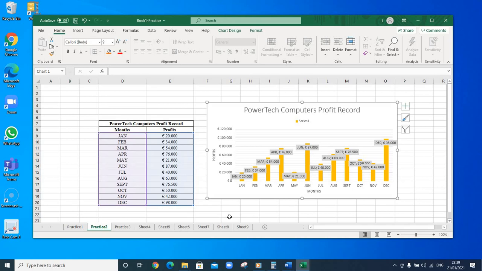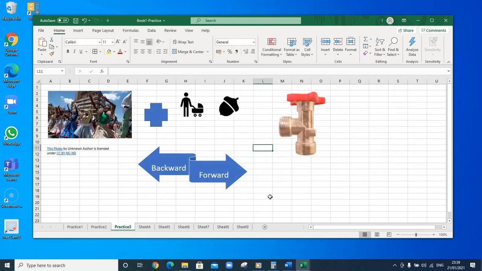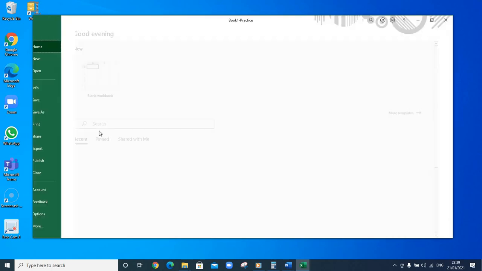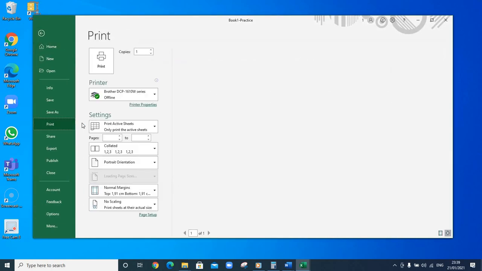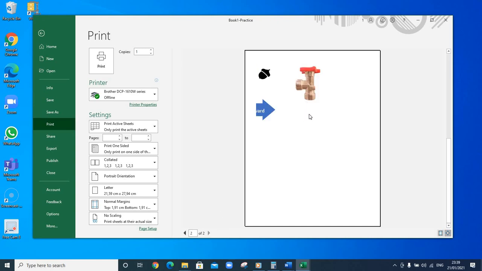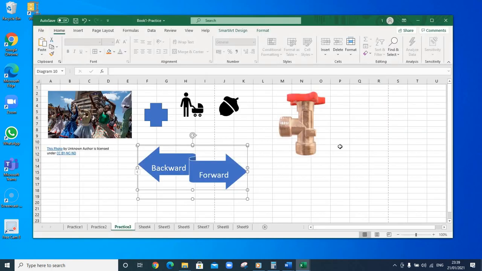We'll go back, and in the same way, if you go to practice 3, you can, let's say, select this one, click file, click print, and you can see that in different pages. So this brings us to the end of this